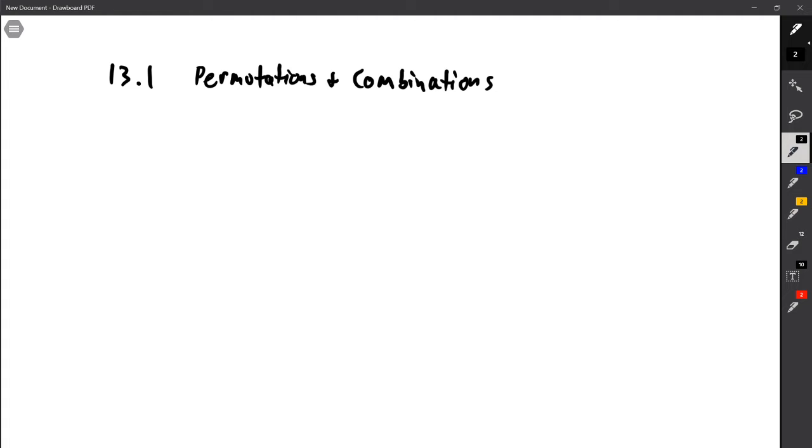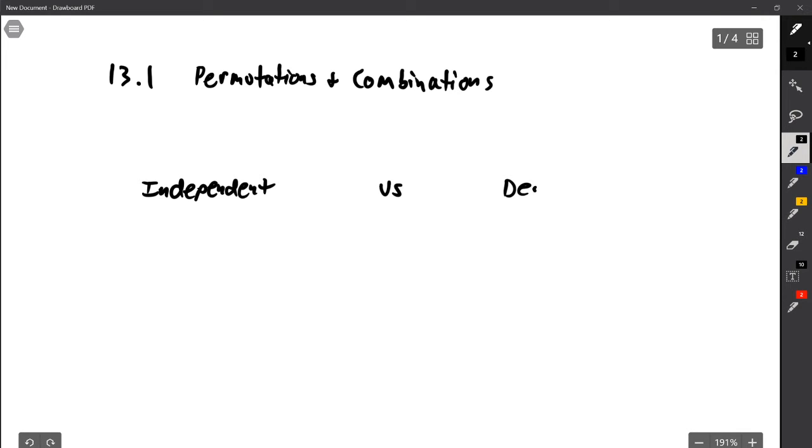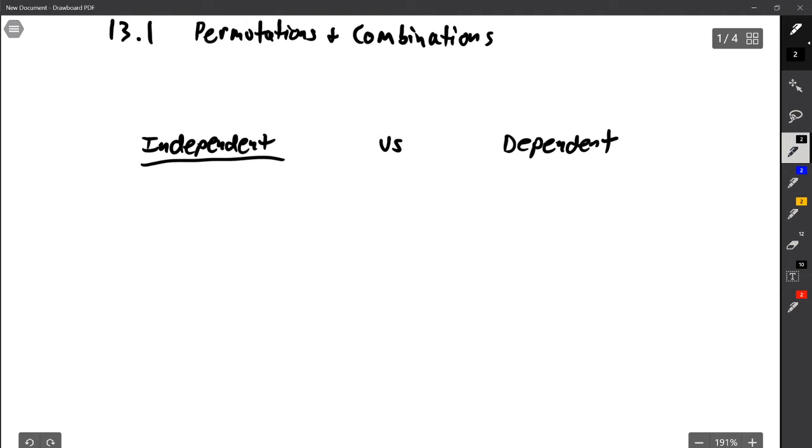But one thing that we want to determine first is the difference between independent events and dependent events. So independent versus dependent. In independent events, basically, one decision does not affect the other. We can put it that way. One decision does not affect